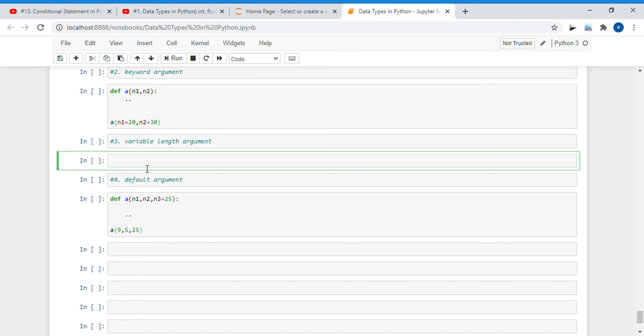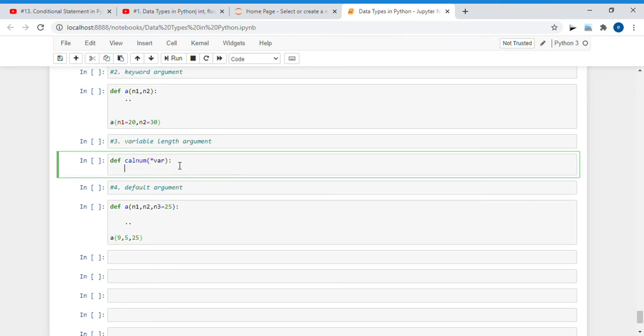Suppose I want to calculate the sum of numbers. I write one program here, for example calsum, and here I don't know how many elements the user will provide in the tuple. So I need to specify it by using the star and this argument.